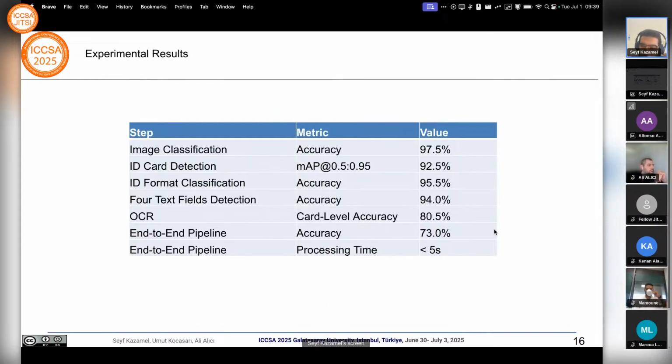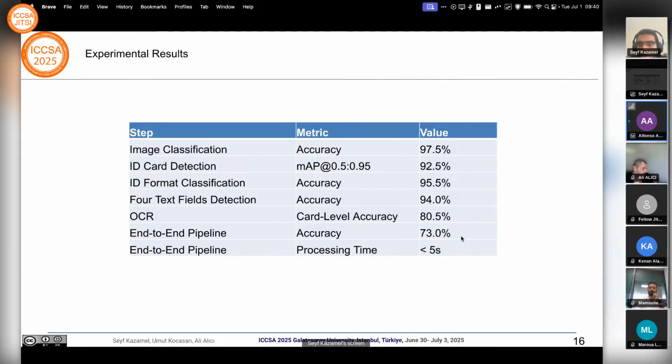It is at similar levels to other papers in the literature. Some papers do not report the end-to-end accuracy, so it's not easy to compare. But for the papers that reported the end-to-end accuracy,